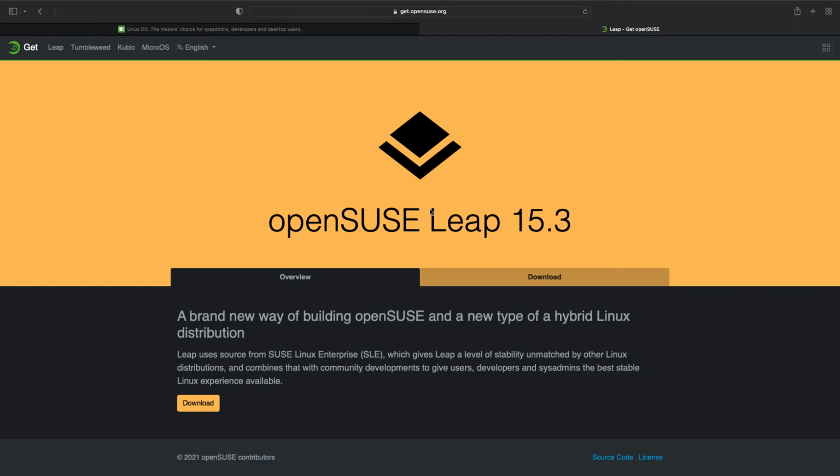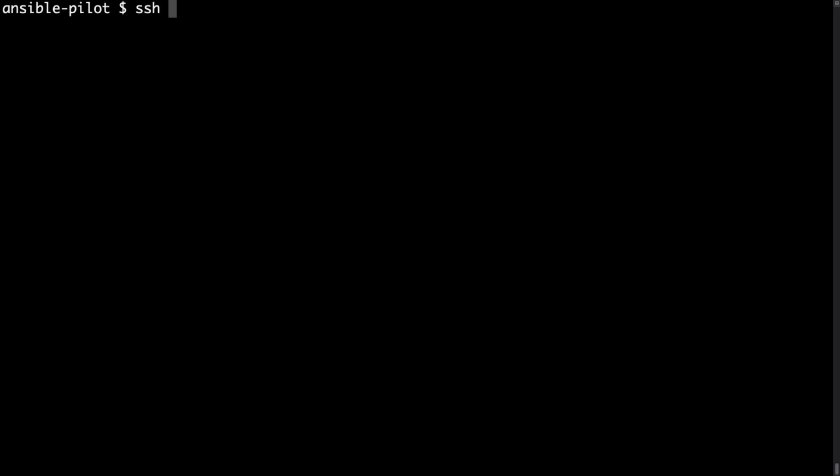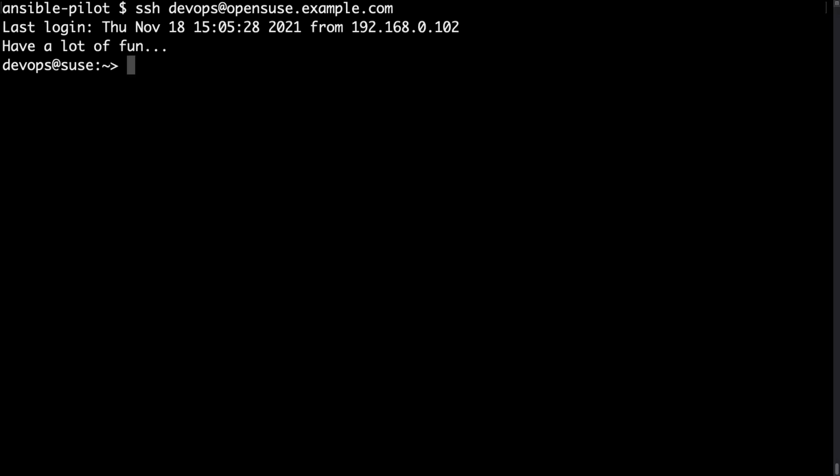Once you install it, there is all the information to download and proceed with the setup, with an offline image and whatever you will need. Once the setup is completed, let me connect via SSH with my user. In my example, I'm going to use devops and my target host is opensuse.example.com. Sudo su to switch to root, because it's the only user that can install packages, and the first operation will